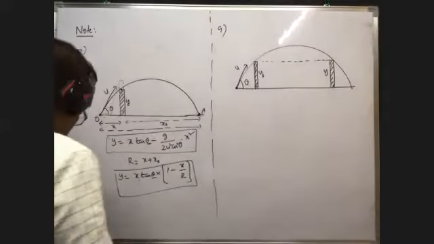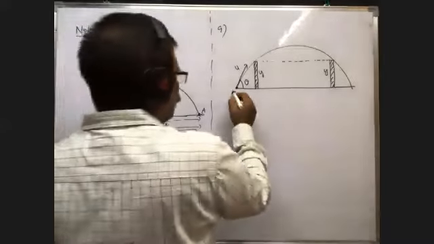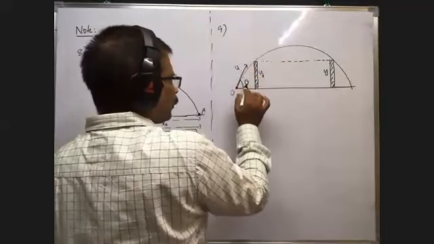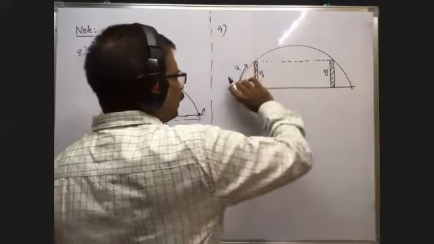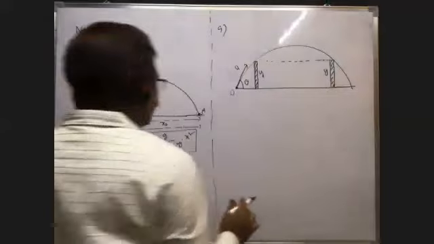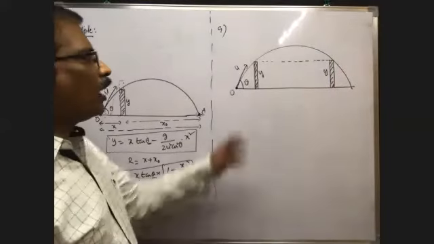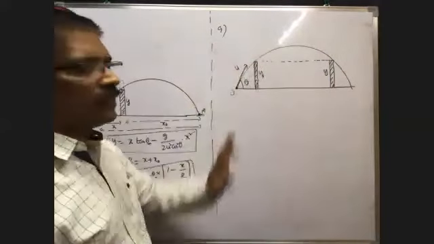Now one ball is projected with a velocity u at an angle of projection theta just to clear the two walls. Just to clear the two walls, the body is projected with a velocity u at an angle of projection theta. That is given.